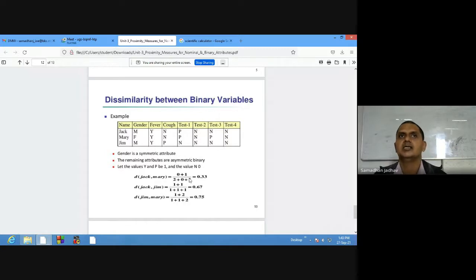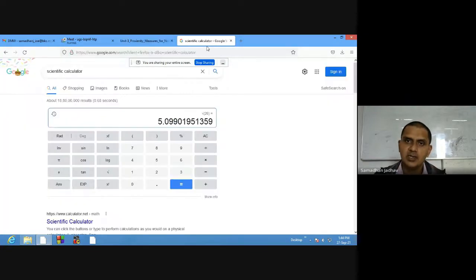It's 0 1, right? So fever, it's 1 1, cough 0 0, test 1 1 1, test 2 0 1. 0 1 is where? Look at test 3, it's negative and positive, that is 0 1. So count it as 1 for S. Then test 4 is 0 0. So test 3 has 0 1, so count it as one attribute, and that comes under S. So see, R plus S, 0 plus 1. And then in the denominator, Q plus R plus S, 2 plus 0 plus 1. So it's 1 by 3. And what is that? 1 by 3?